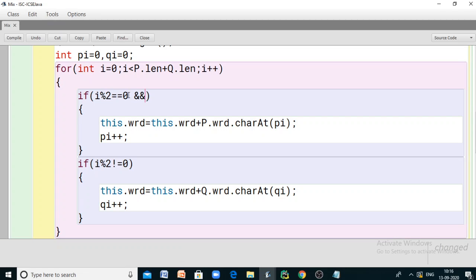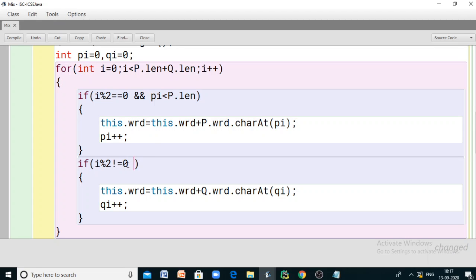I can give a condition here. So I should be even as well as PI should be less than the length of the given word in object P, that is P.length.